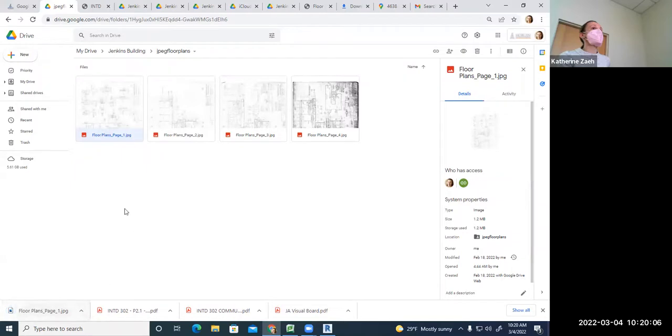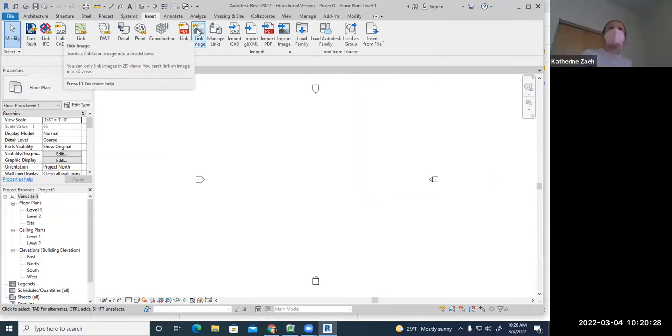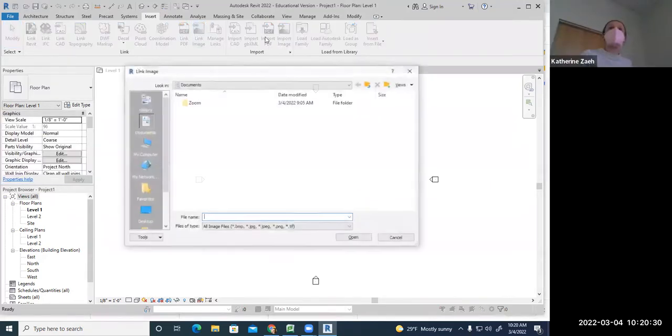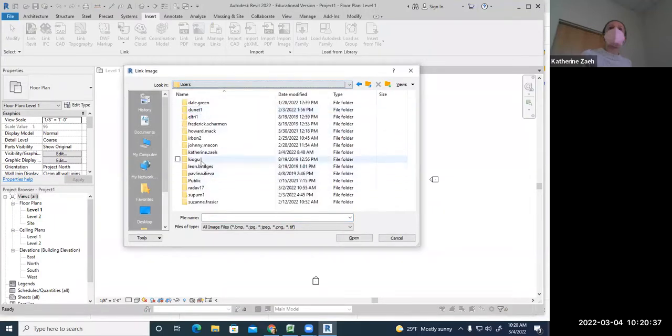I think this version of Revit might let you do a PDF, but the old version only let you do JPEG. So I'm just going to stick with JPEGs in case you ever are stuck using an old version. Okay, so coming back to Revit, I then go to Insert. It's up on this tab, Insert, and I want to do Link Image. It's kind of halfway down, this one that says Link Image. Click on that, and then navigate to find that. Mine is probably going to be under downloads. So if I go to users,